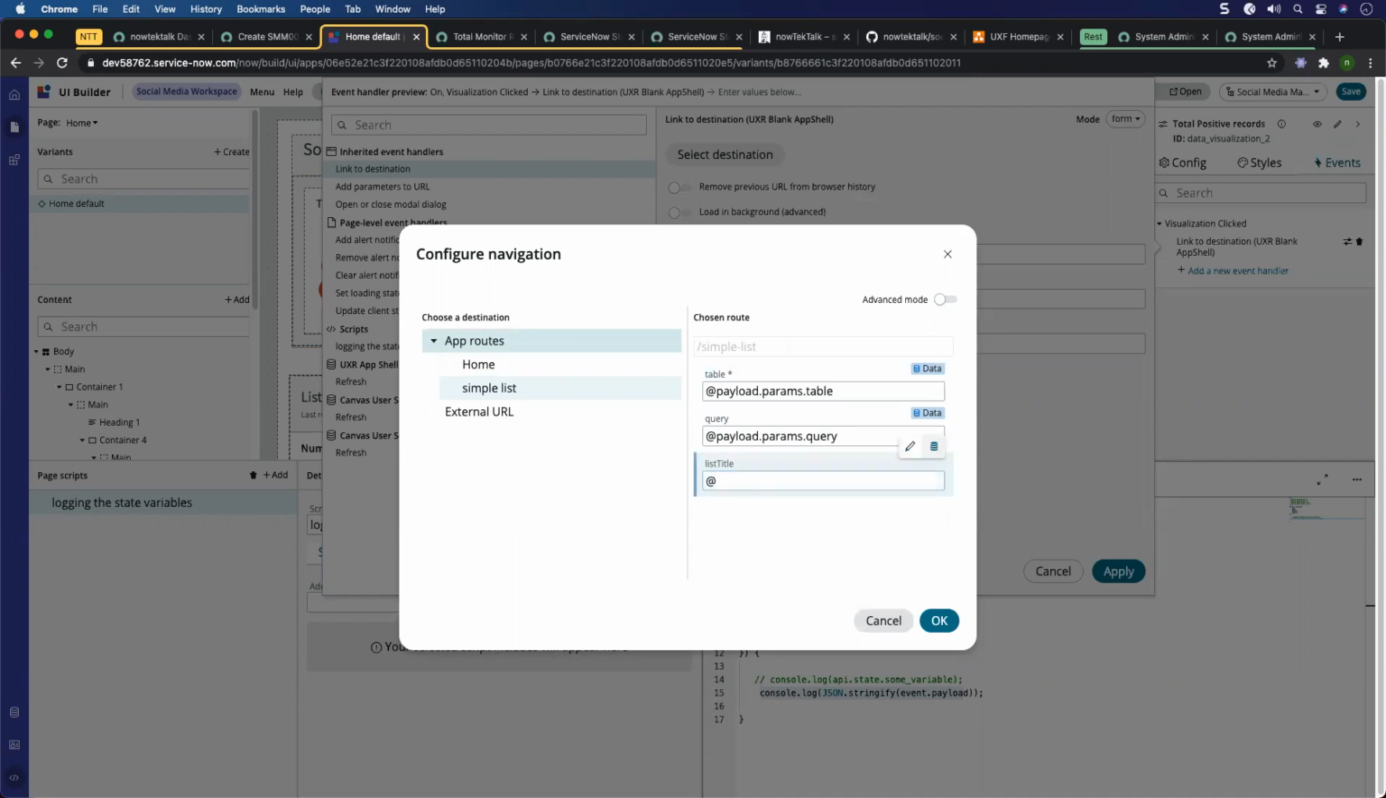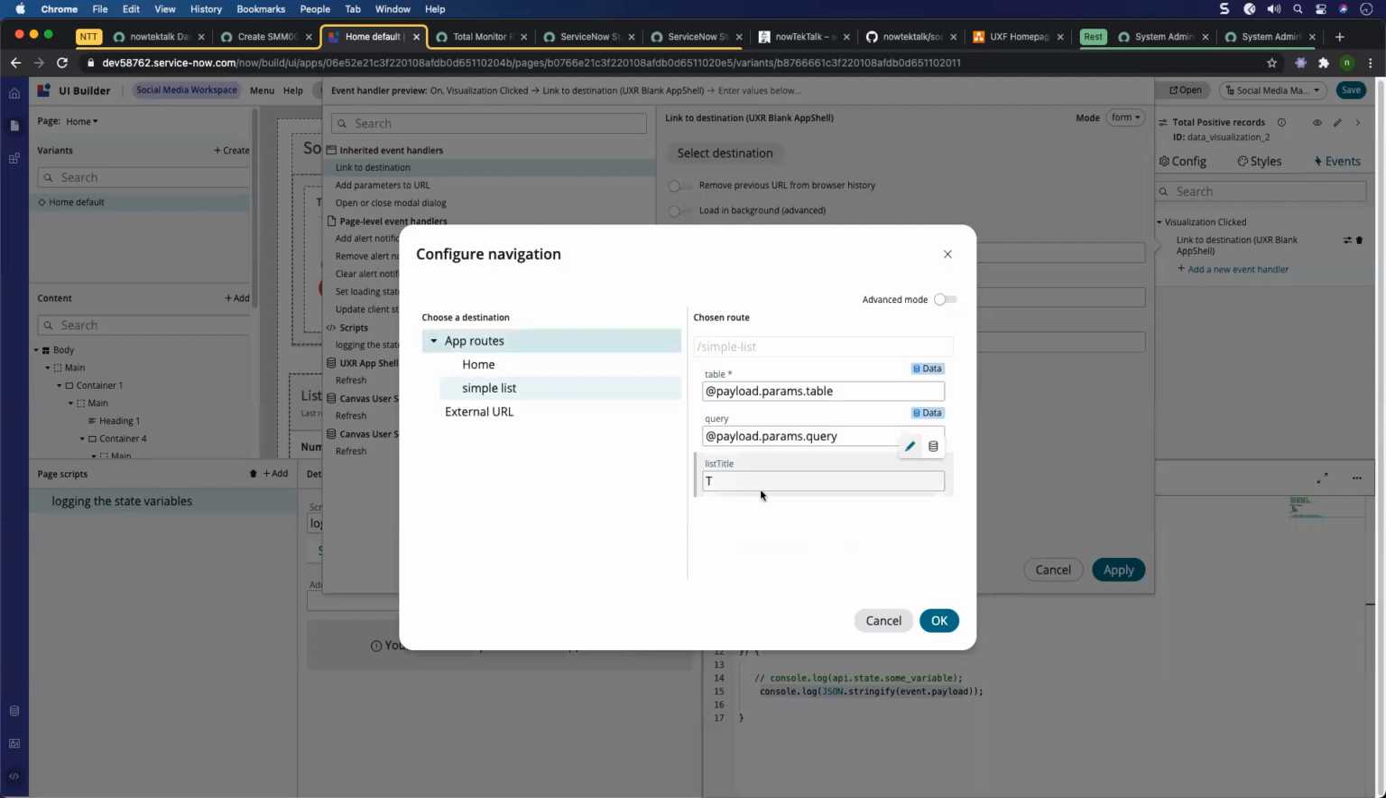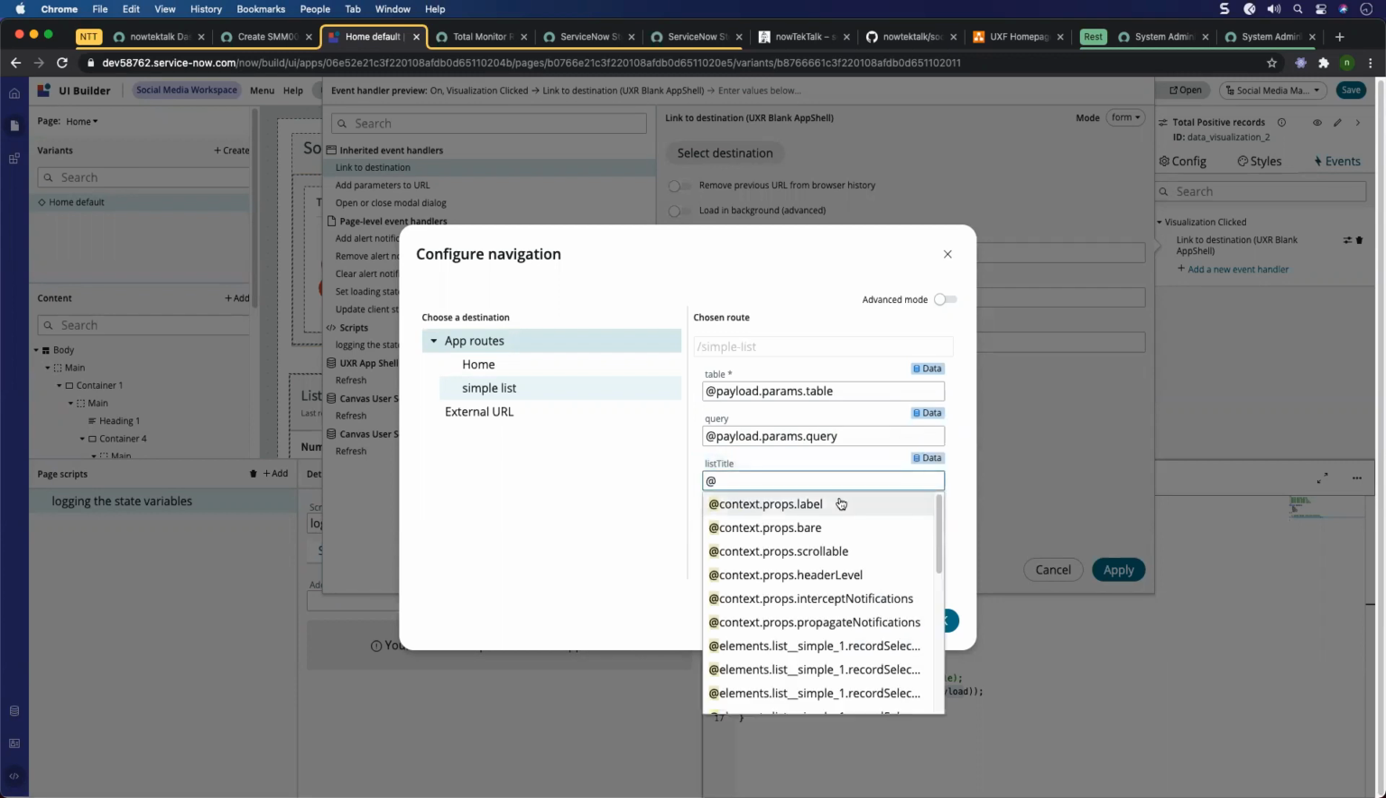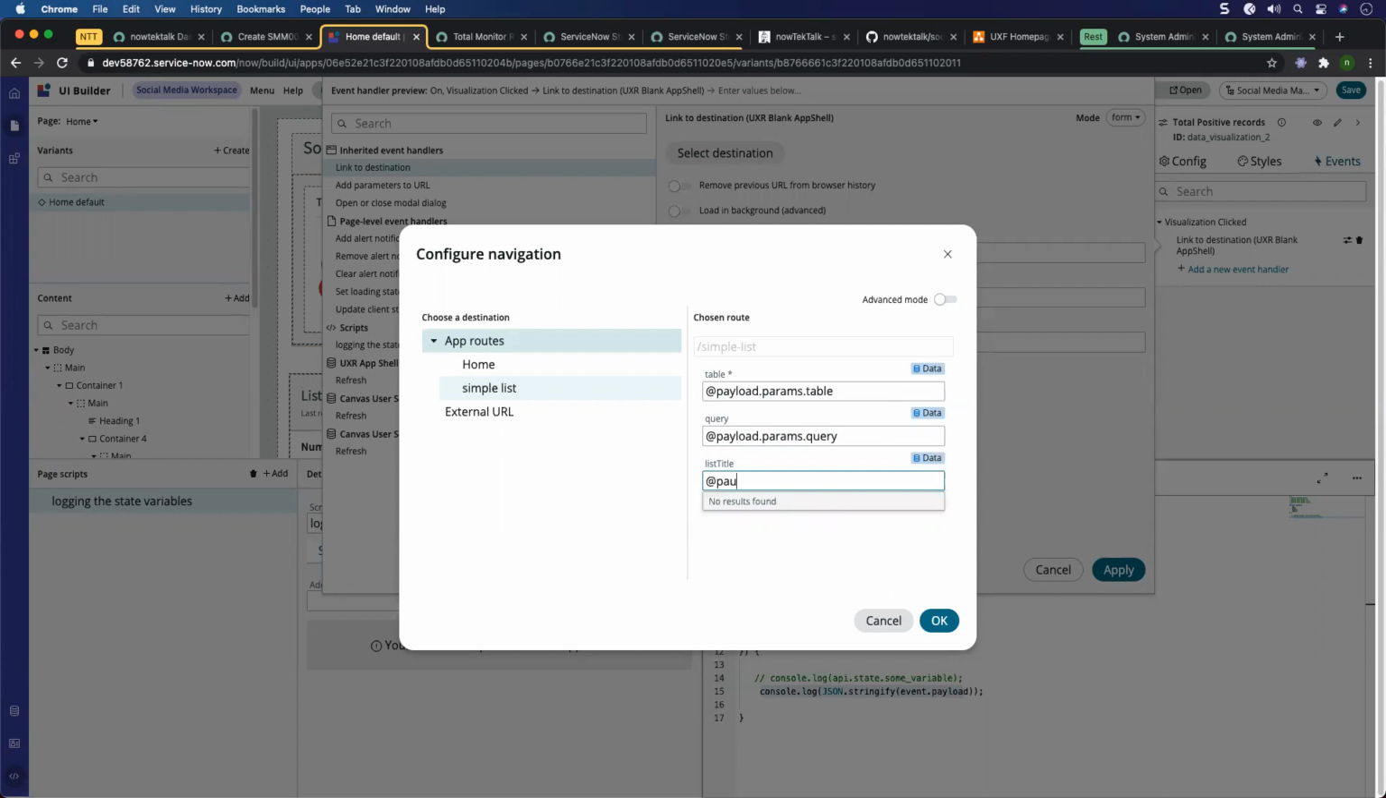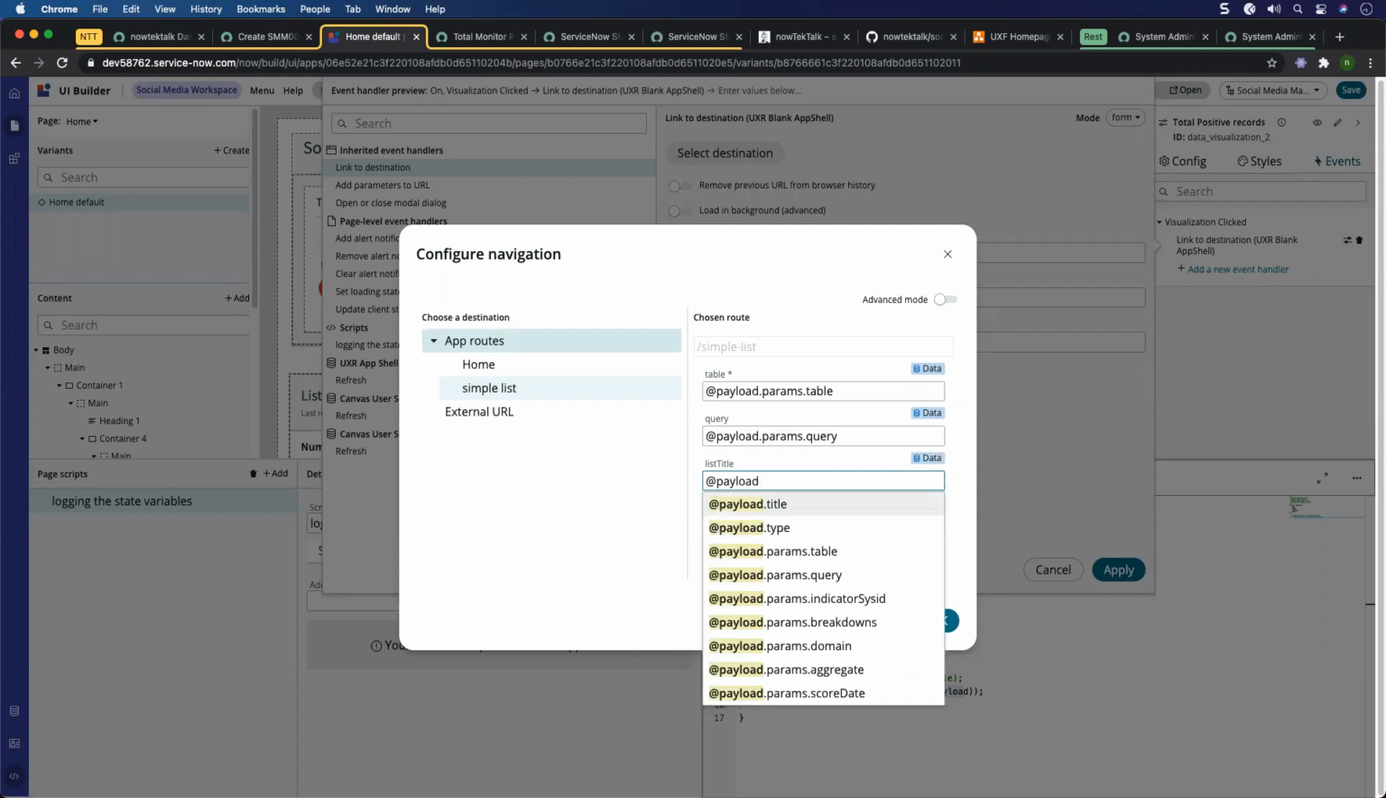Now I could even hard code here total. I could say hard code. So if you want to type something, hard code something, you need to click on this icon. And if you want to do some dynamic value, then you click on this, then you get all the properties and stuff, right? So at payload dot params dot